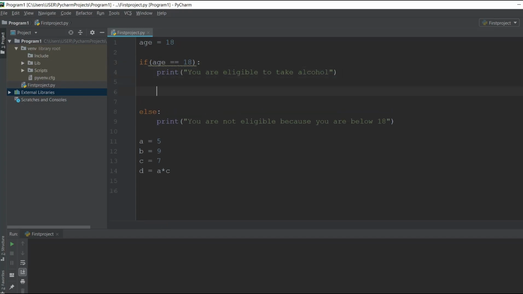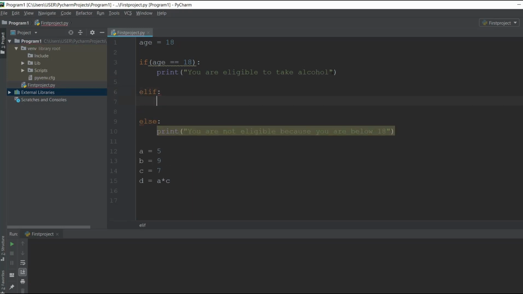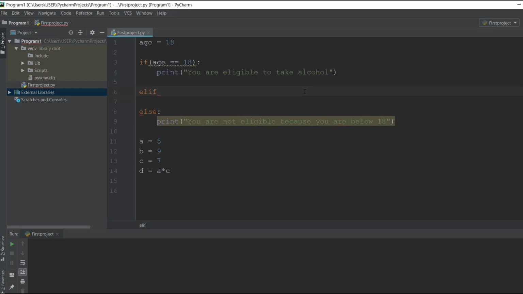Elif is just like this. It is else if, and that comes in between if and else. So we can go ahead and say else if